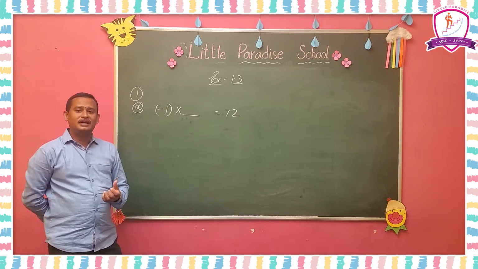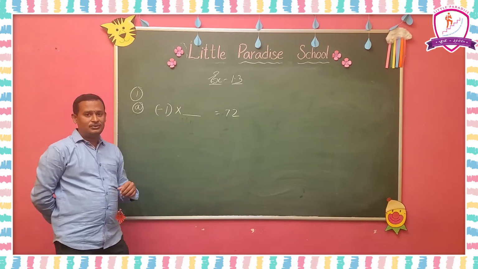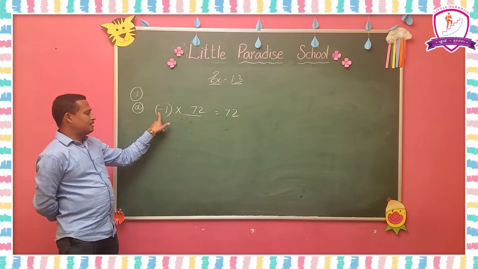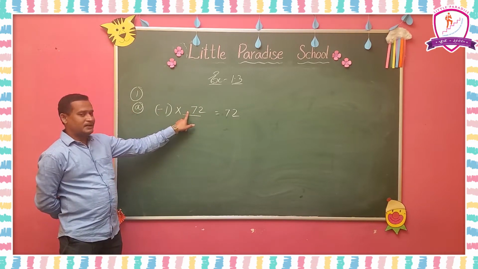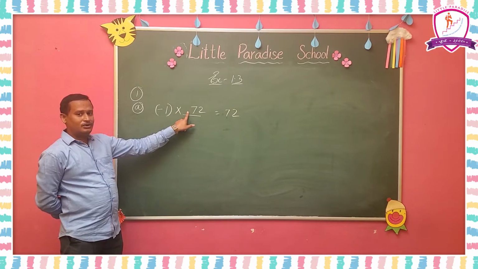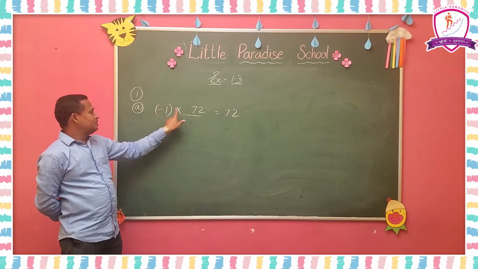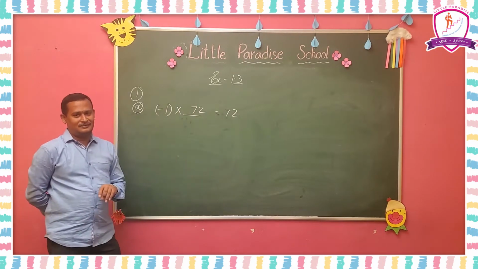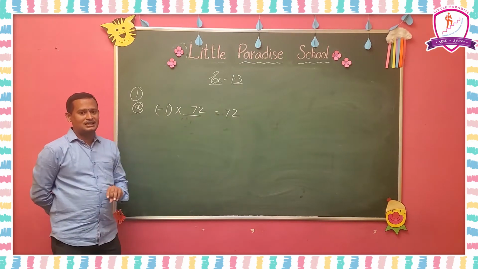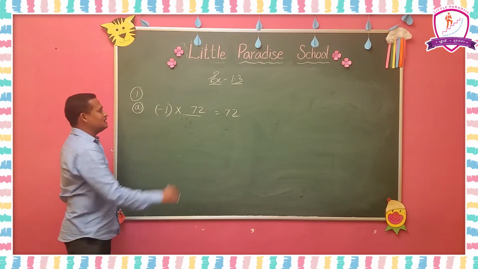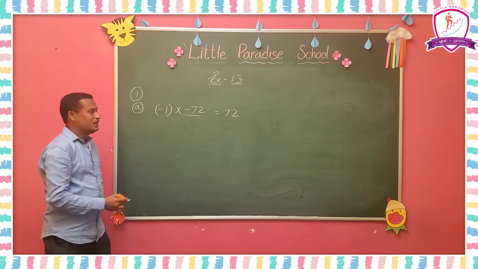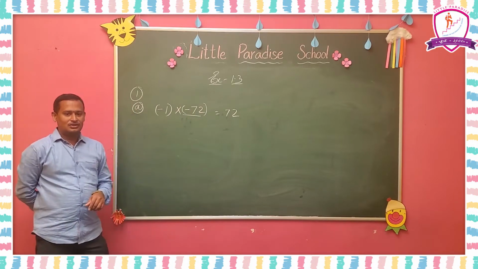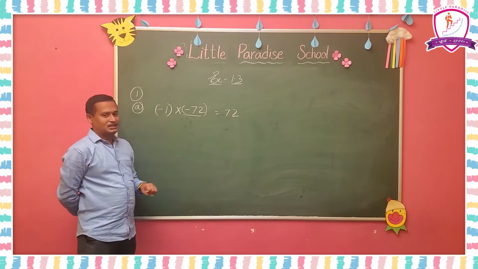What number should be multiplied with 1, then we will get 72? So, 72 must be multiplied with the 1. Here minus 1 is there. Here plus is there actually, we didn't write any symbol. So, minus into plus will be minus, but we must get plus 72 as the answer. Then, since minus 1 is there, we have to write minus 72. Then only we will get plus 72 as the answer. Okay, this is the explanation about this sum.